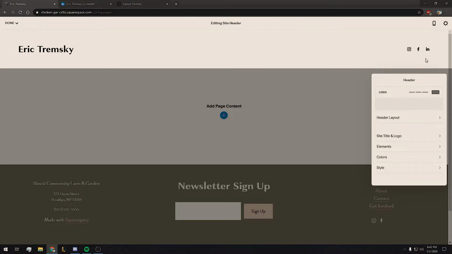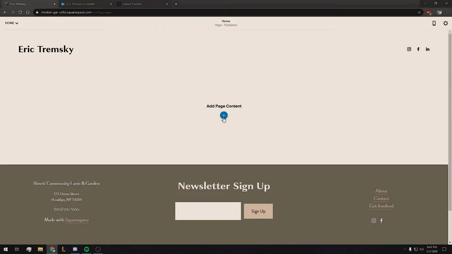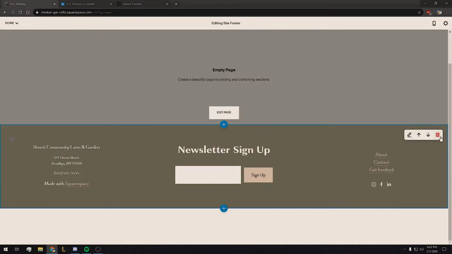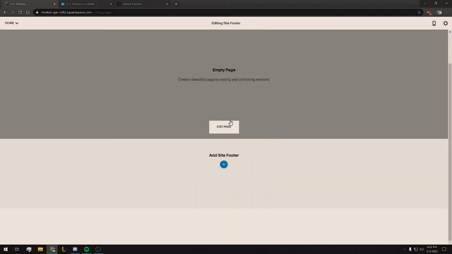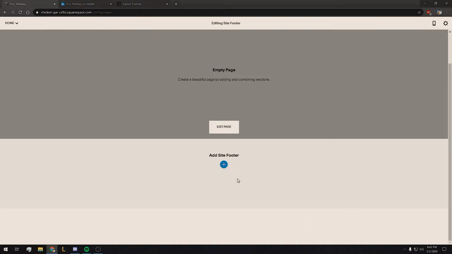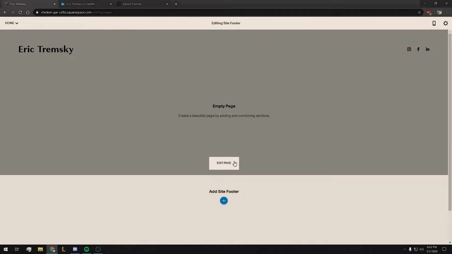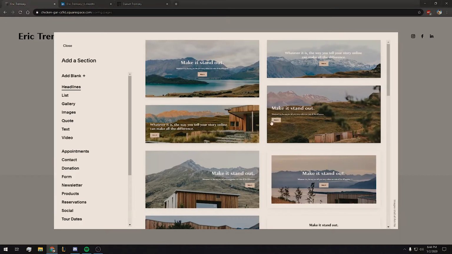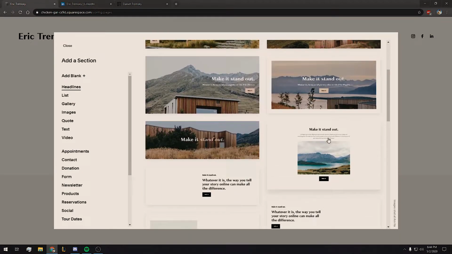So once you have that all said and done, we're now going to start adding the main bulk of the page. And we can also, before we do that, go ahead and remove this footer. I'm not the biggest fan of footers. I feel like it reminds me a lot of like a corporate page. You know, when you go to the bottom, they have like thousands of links, and we're going to keep this pretty simple. So let's go right ahead and add page content, press that button, and we're going to select